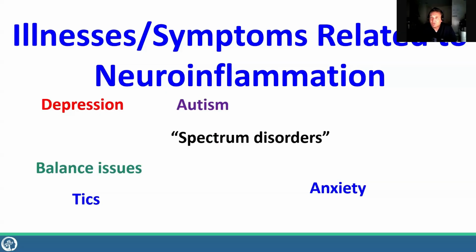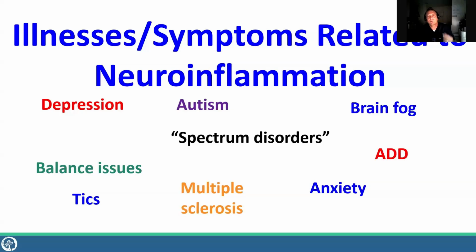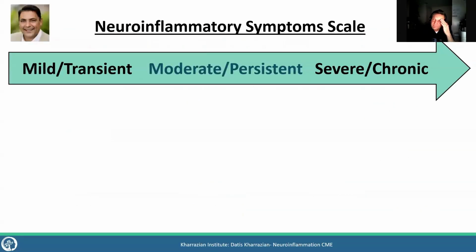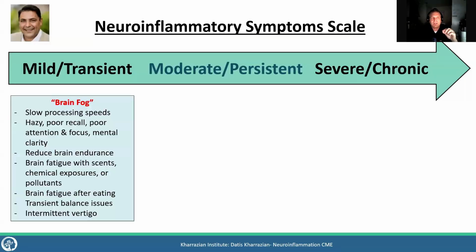Now, maybe there were children with autism and I'm just a dork and I didn't recognize it, but it's everywhere. We see it. There's something going on that's driving that neuroinflammation: multiple sclerosis, brain fog, attention deficit disorder, ADHD, people who have ataxia. Now, Dr. Karazian wrote a book, Why Isn't My Brain Working? And one thing I really liked about his book is he said your symptoms of neuroinflammation,